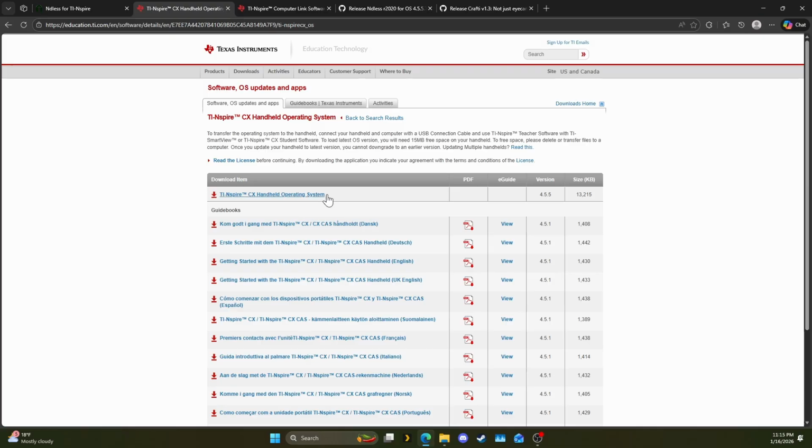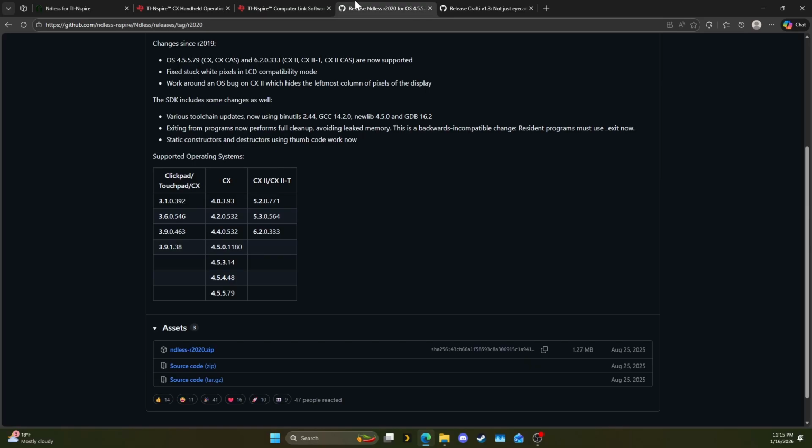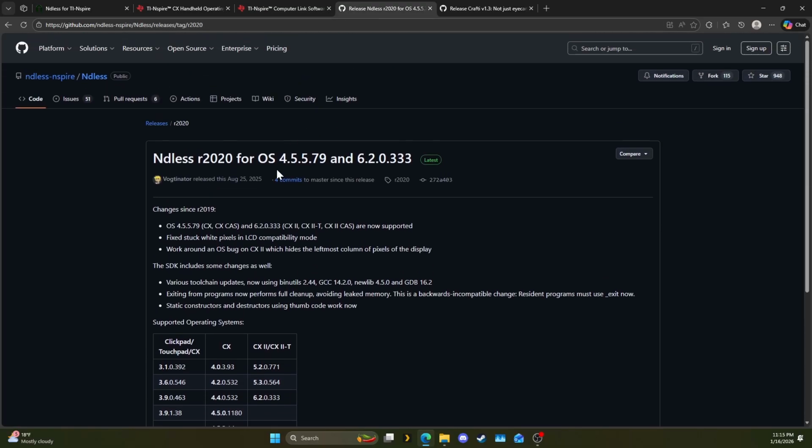So once we get this link downloaded, we will also be installing the TI Computer Link software. This software allows us to connect our CX graphing calculators to the computer. This will let us transfer files over, including our update, as well as our Ndless files. Next, we will be actually downloading the Ndless software itself. So this is Ndless R 2020 for OS